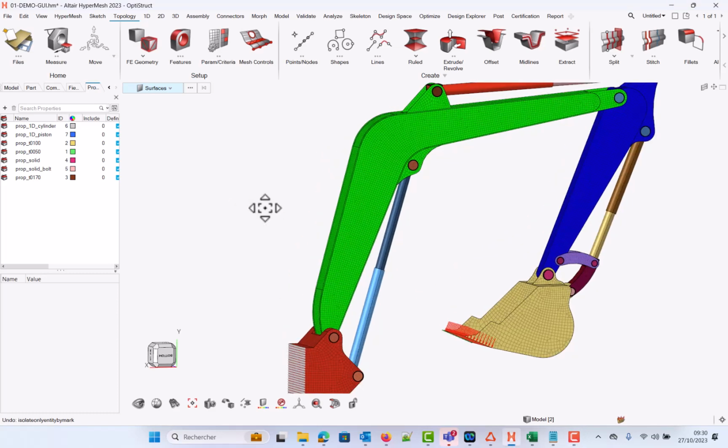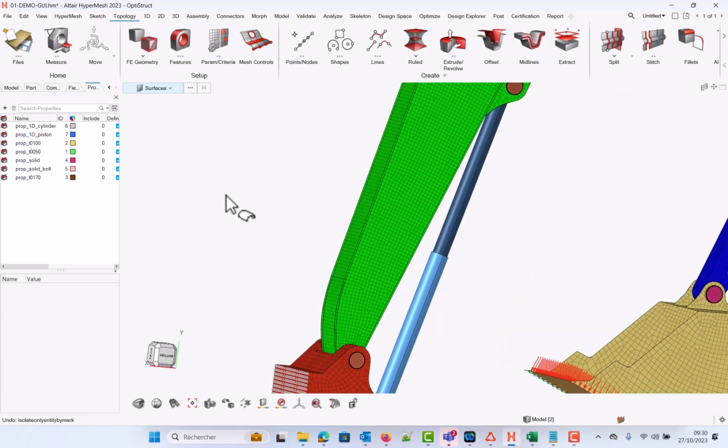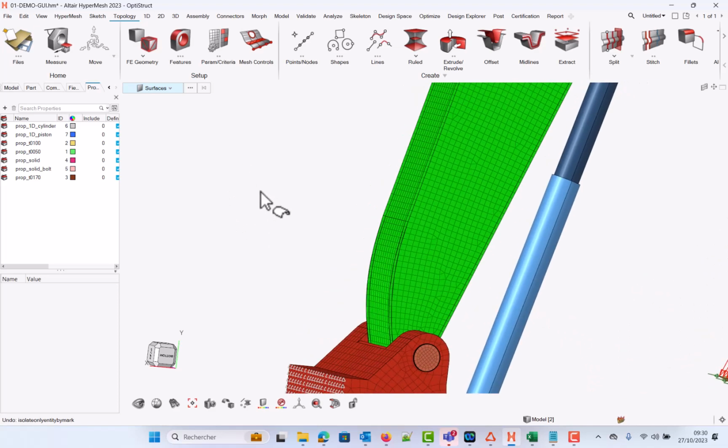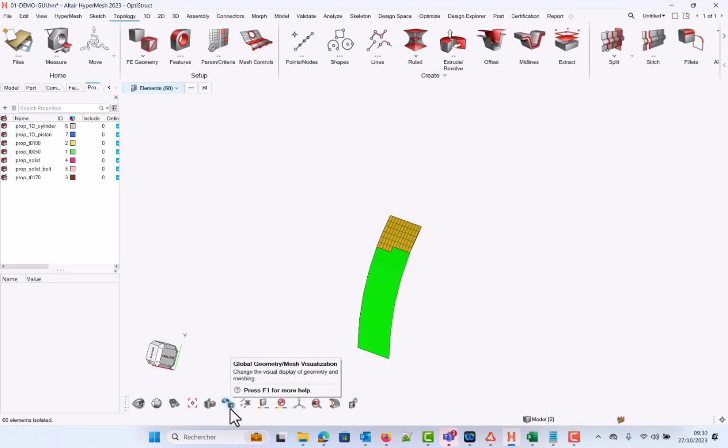One of the items that brought confusion in the former version was about showing and hiding entities with FEA geometries attached. So let's say, for instance, that I want to isolate a surface. Here I'm with surfaces, I select one surface, I hit I, and you see that I have the elements attached. And same if I go instead to elements, if I isolate the elements, I still get the surface visible. From 2023, we have introduced this new icon which allows to decouple the display mode between geometry and FEA geometry,